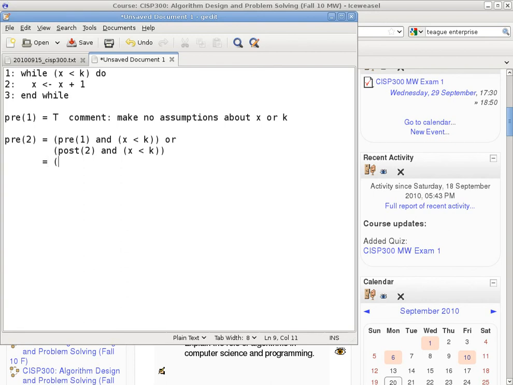So now we can try to simplify the equation. Pre-1 is true, and the other side is just x is less than k. And then the other one is post-2, which we don't know what it is yet, and x is also less than k. So if you look at this, the first one is simplifying to x is less than k. The second one is post-2, and x is less than k. Now, this class is not about Boolean algebra, but I will show you how we can also simplify this. You can simplify it so that it becomes x is less than k, or x is less than k, and